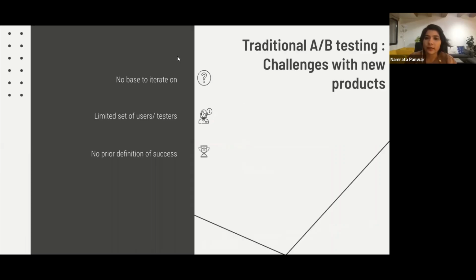Let's have a look at why traditional A/B testing is so challenging for new products. First of all, there is no base to iterate on, which means that if I, as a product manager, want to run an A/B test, I don't have users, or I have a very limited set of users to begin with. And with nothing in place, it is very difficult to experiment a newer version or newer iteration of that particular product. The third thing why we think it is so difficult is because there's no prior definition of success. So say, for example, you do want to launch a new product, or say, for example, a new website, there would be no prior website to compare it with, which is why A/B testing poses such a big challenge